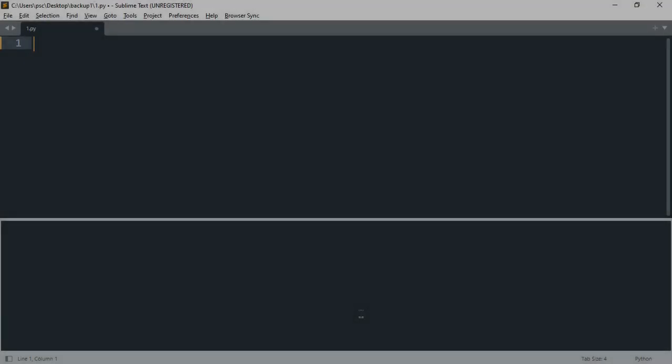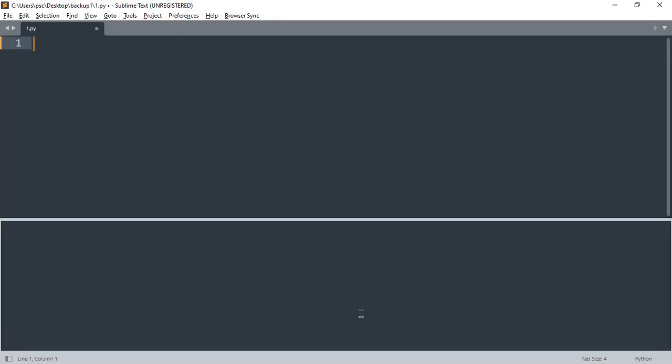Let's write the Python program. I will use Sublime Editor. First of all, I will take one variable, say str1, and initialize it with the first string, suppose ABCD. I will take one more variable, say str2, and initialize it with the second string, suppose DABC. Then I will take an if statement and check one condition, sorted